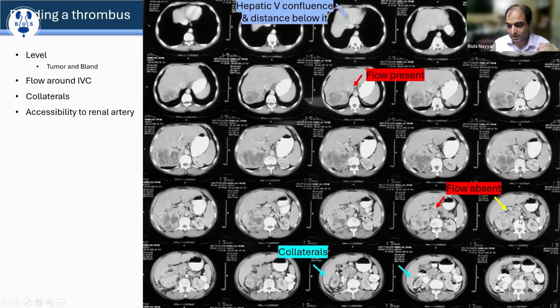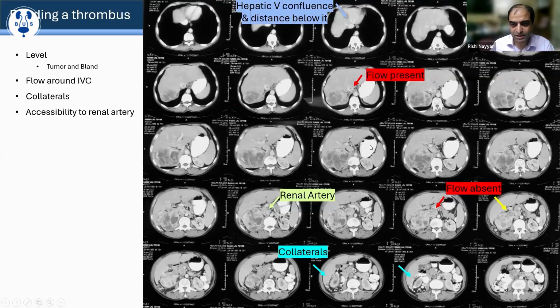Like in this particular case, if we try to identify the renal artery, although this is a venous phase, we cannot be sure in this, but somewhere here, yes, this. You can see some contrast in the aorta, and there is one contrast-filled channel going towards the right side. So reaching this artery would also be difficult in this case. But if you try to reach the artery from here, by the time you reach the artery, the patient would have bled very significantly,